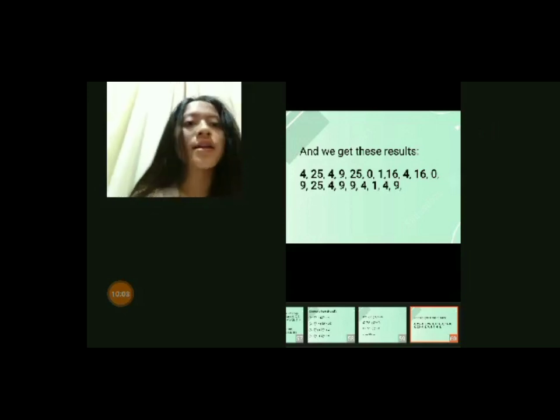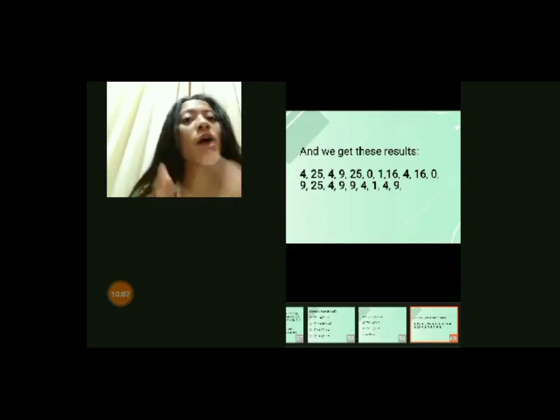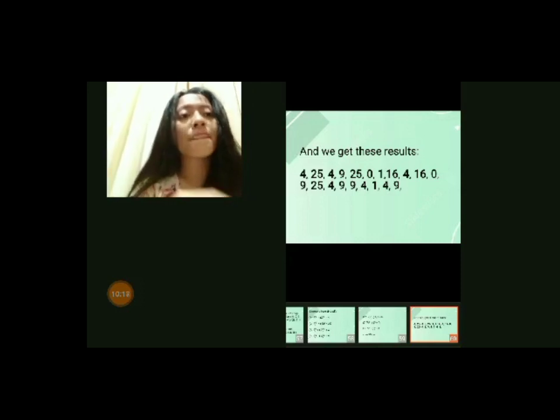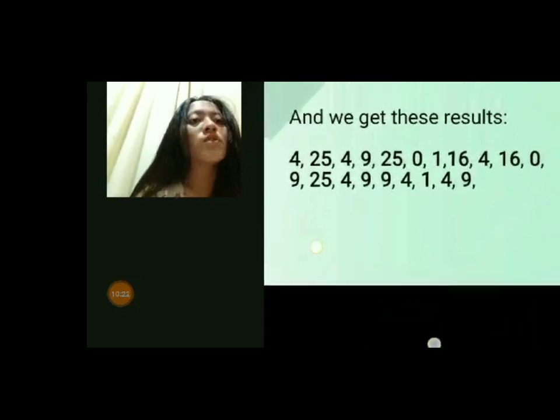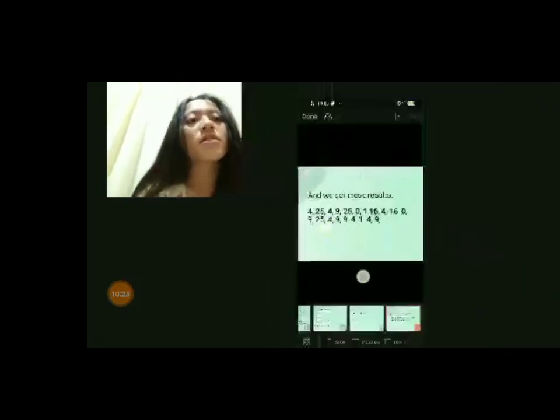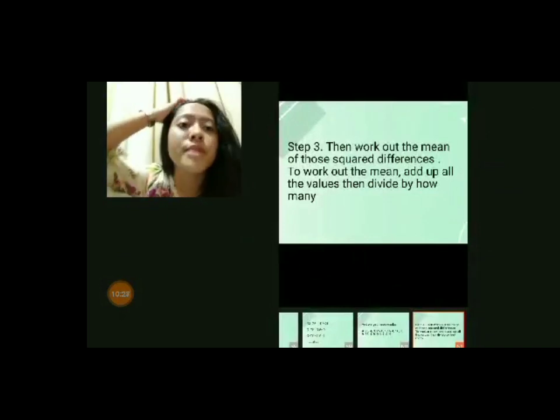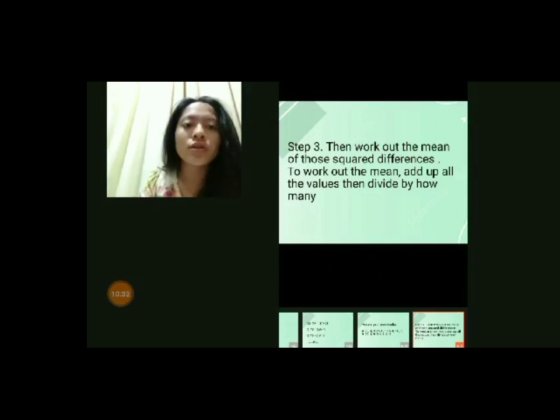and also the 9. So, these are the values we got from subtracting the mean from each of our values of the roses. So, we got these numbers. So, step 3, then work out the mean of those squared differences. To work out the mean, add up all the values, then